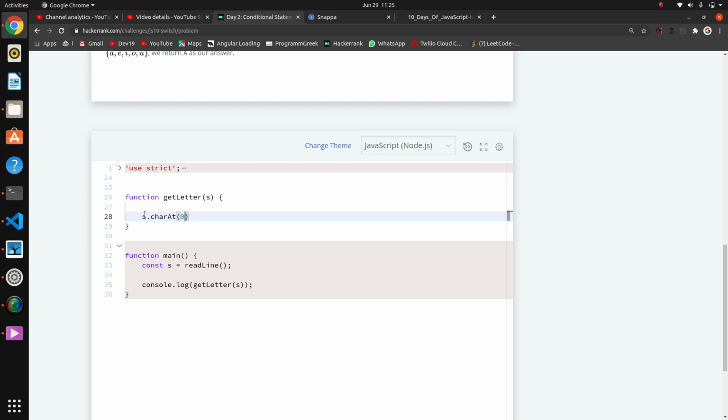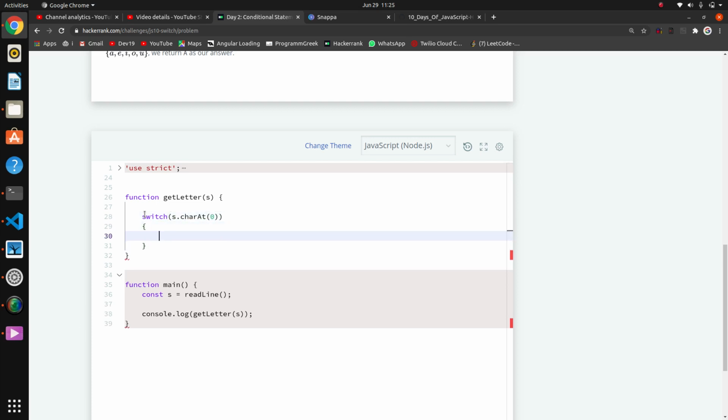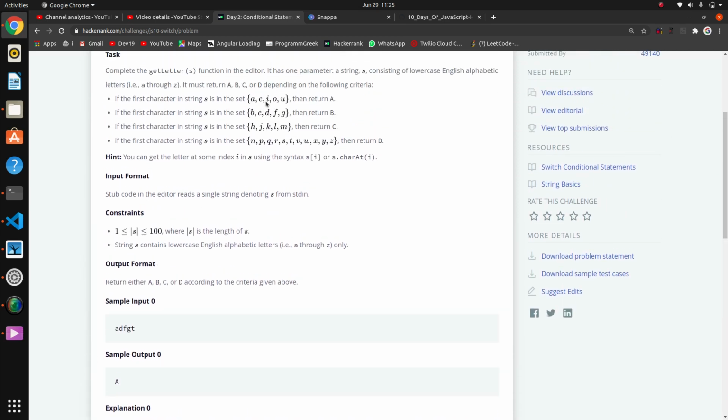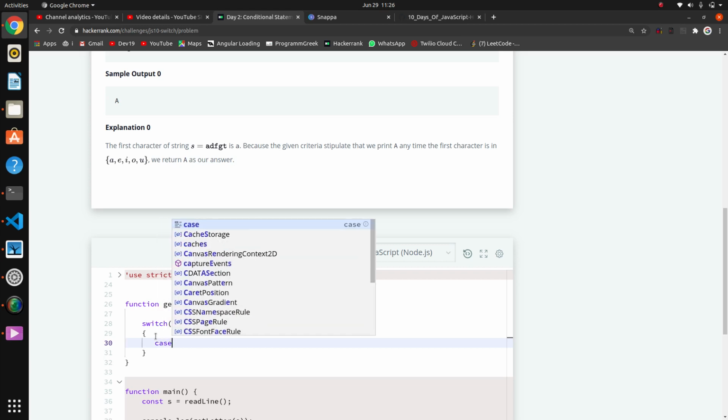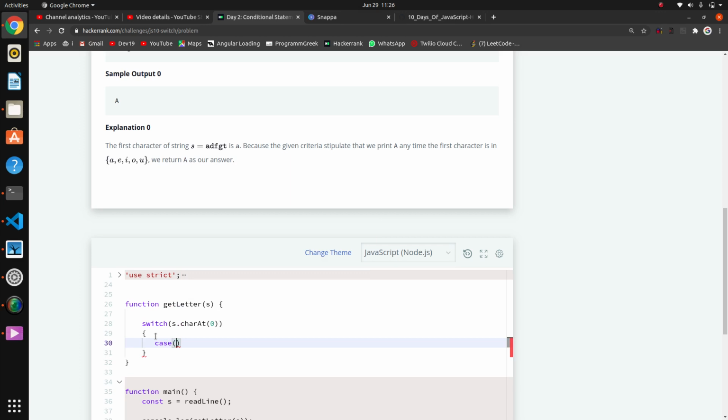So what we will do is pass this character to the switch statement, and we will write the conditions. The first case is where we have to check the character against this set. So for that I will write case, and all the characters: A, E,